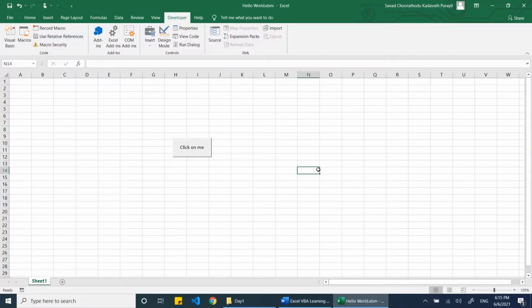Now let's see. I'm just saving. See, when I click on close, you can see the message Bye. So this is the basics of the message box which we are going to display. We will explore more options in the next chapter. Today, this is just to play around with various messages, create multiple buttons, and multiple opening and closing messages.